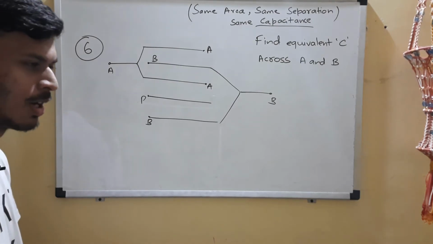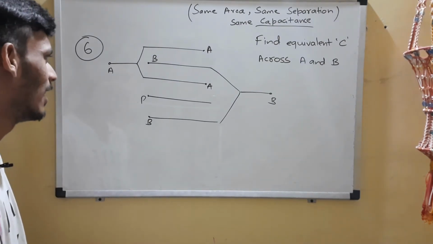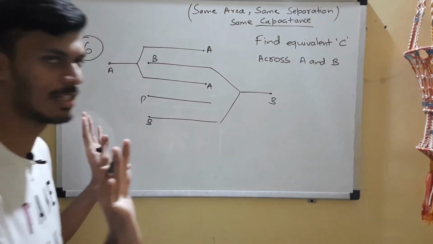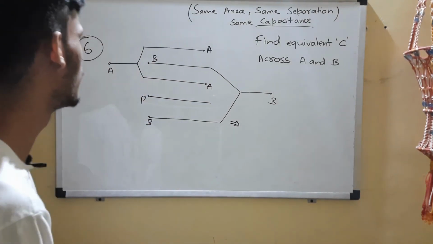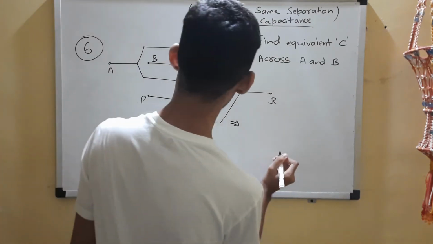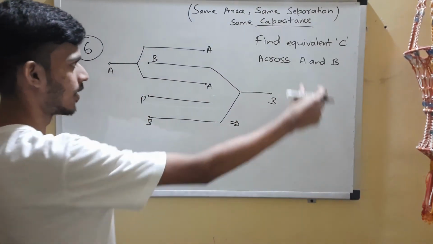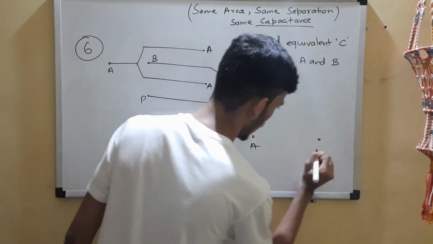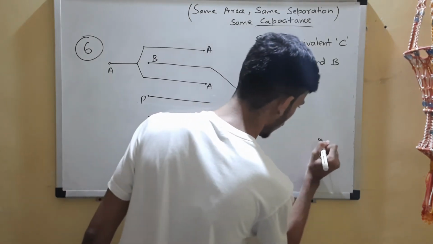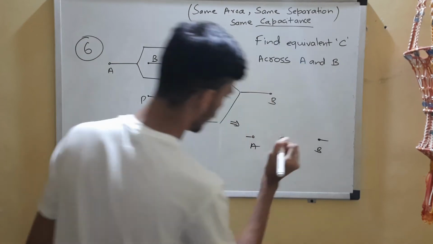Step 2 is to draw a simple circuit, right? Step 1, assigning potentials, is done. Step 2 is to draw a simple circuit. So let's draw it somewhere over here. We have 3 points A, B and P. Now A and B are terminals, so treat them as terminals, and P will be somewhere in between these two. P is somewhere over here.